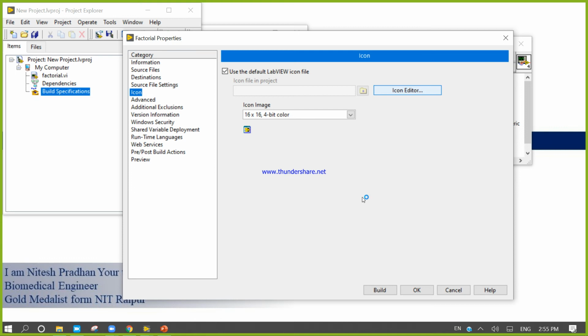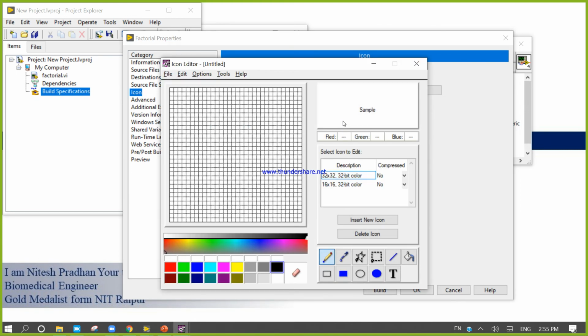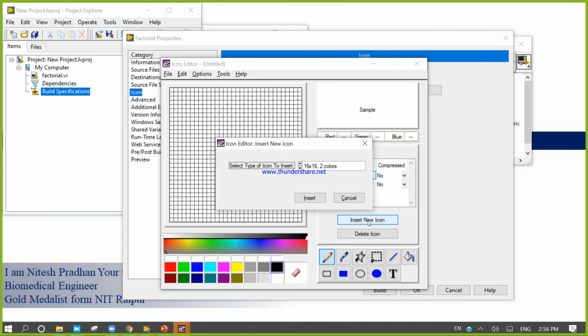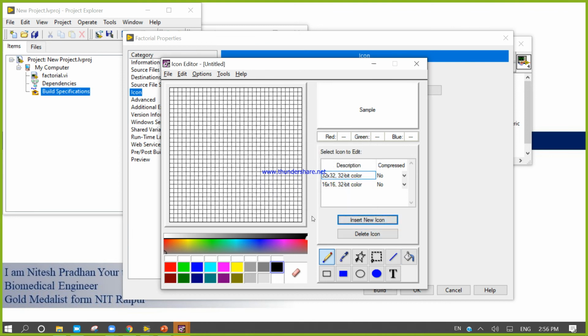The icon can be set and edited. Whatever you want to design, you can insert a new one, and if you want to design any icon, you can edit it.